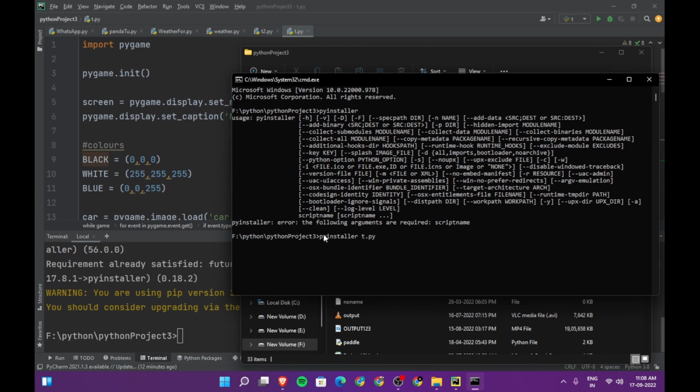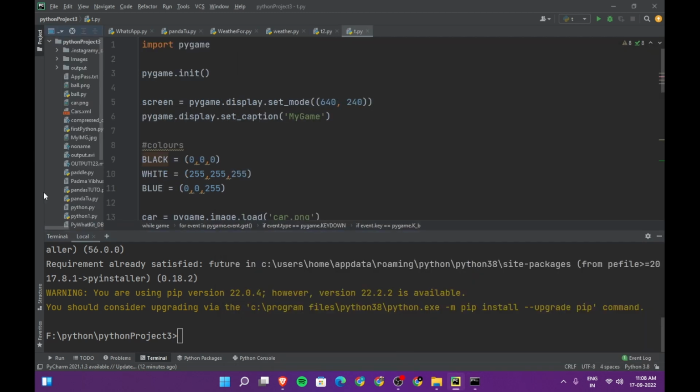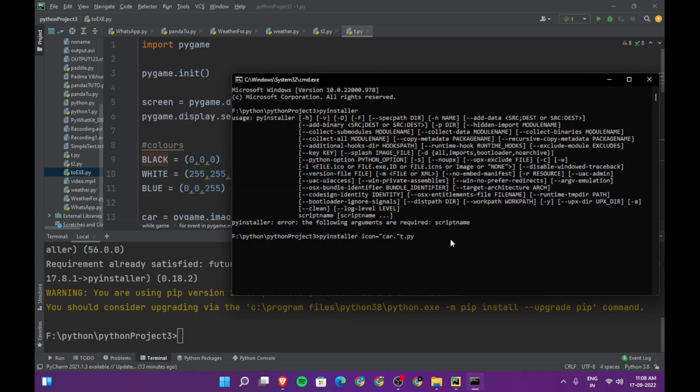But if you want to do any adjustments, like there will be a default icon. If you want to change the icon, if you want to customize your icon, you can do that. Let's say icon equal to, and then you'll pass the location of the icon. Let's say car.png,